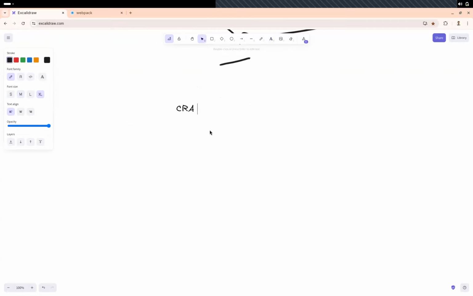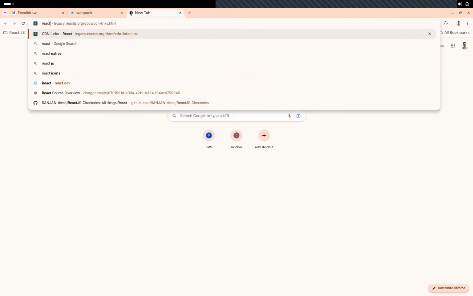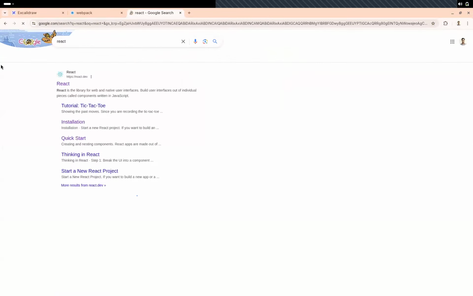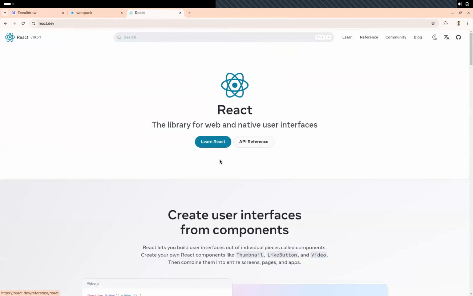It came in terms of CRA, right? What this was called was Create React App. Anyone saw this? Anyway, if you visit React's official docs, whatever we are going with currently, if I click over here,